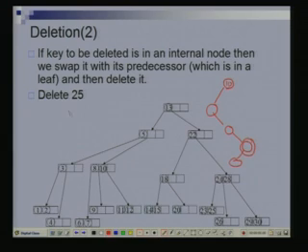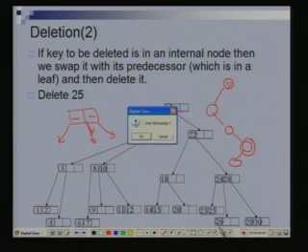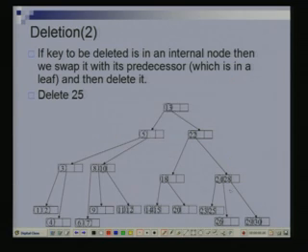Because I cannot have a situation in which there is a node which has a key, it has no right child, but it has a left child. This is not permitted at all here. If there is a key, then we will have two children. If there were two keys, then we will have three children, and so on. Great. So my predecessor would always be in a leaf, so I would just remove that leaf node and I would be done. So that's what I do.